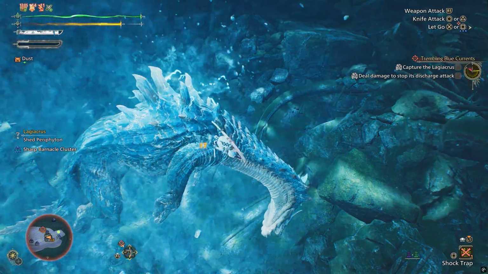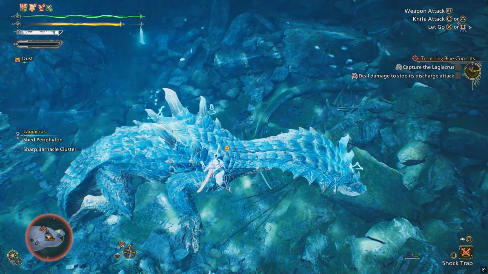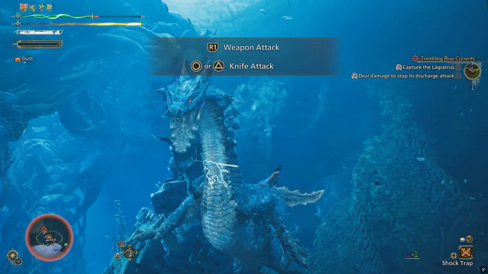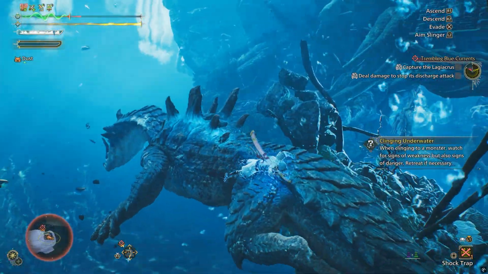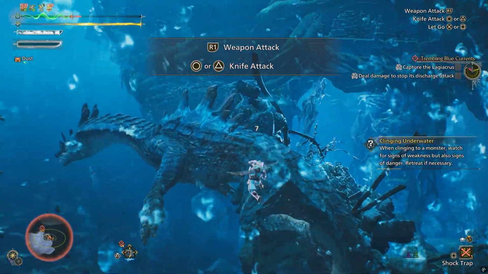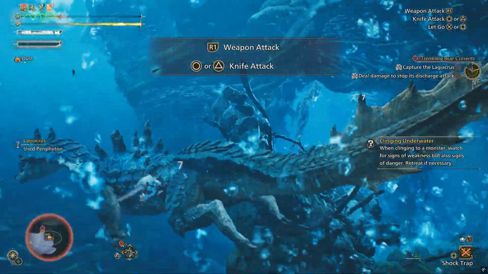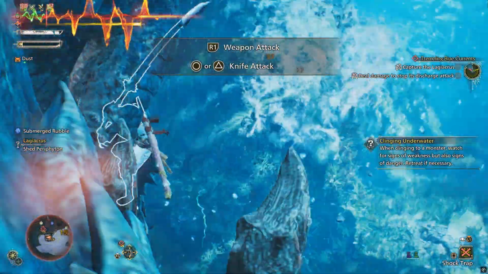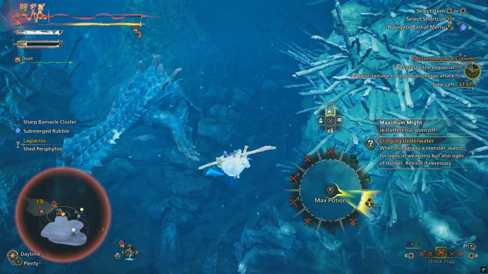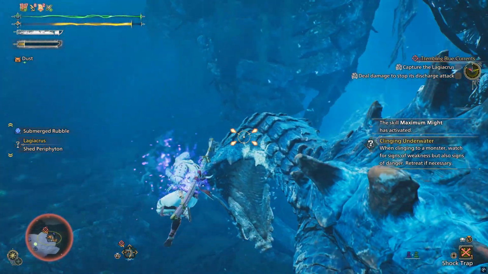But most important, and this is what I recommend to you, is to cling on Lagiacrus as much as possible. This will give you the usual option to deal damage, just like if you were on top of a monster on land. Just hit him on one spot as much as possible to create a wound. As soon as a wound is created, you can use your weapon attack to make use of that wound immediately. This is the optimal way to stun him, and then deal additional damage with your slinger ammo that you gathered